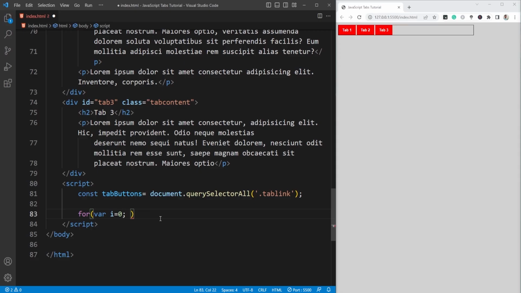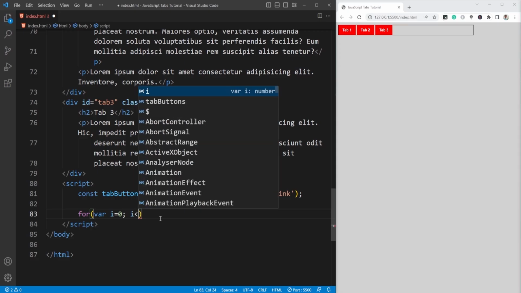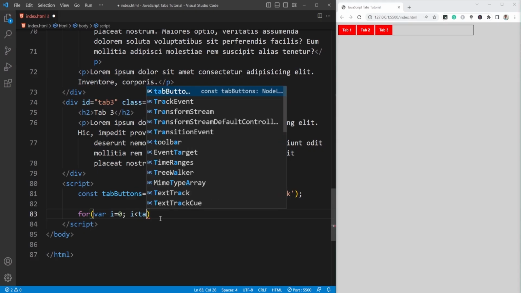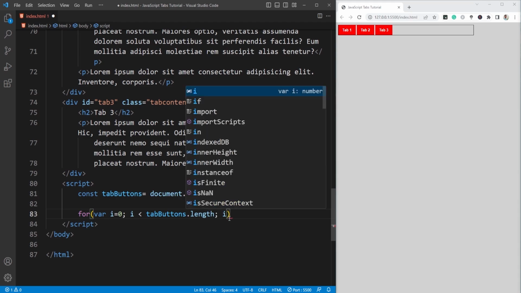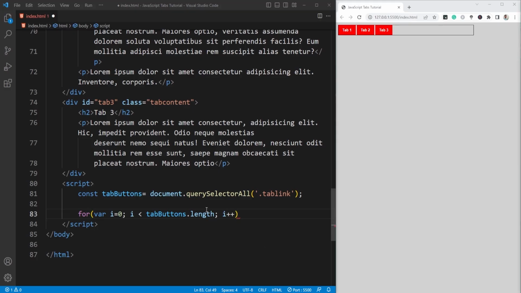I want to run this i according to the button length. i less than tabButton.length, function length. This condition is going to run our loop 3 times as I'm going to end. Then we need to increment the i variable, i plus plus,